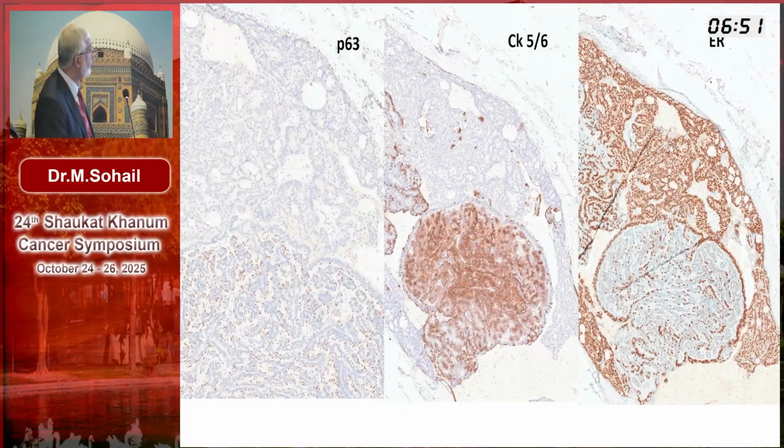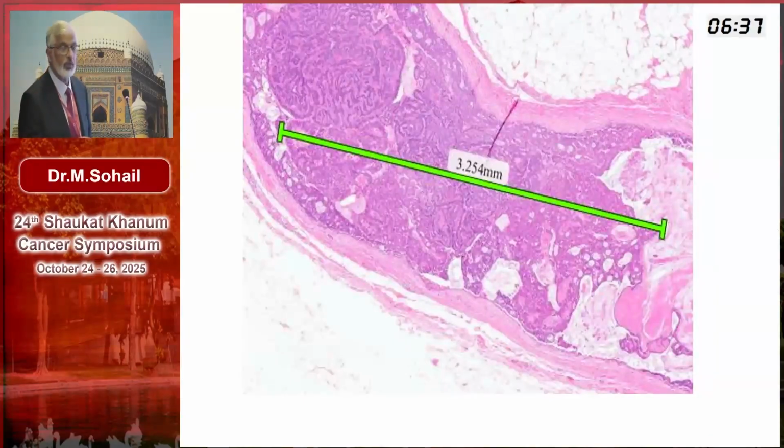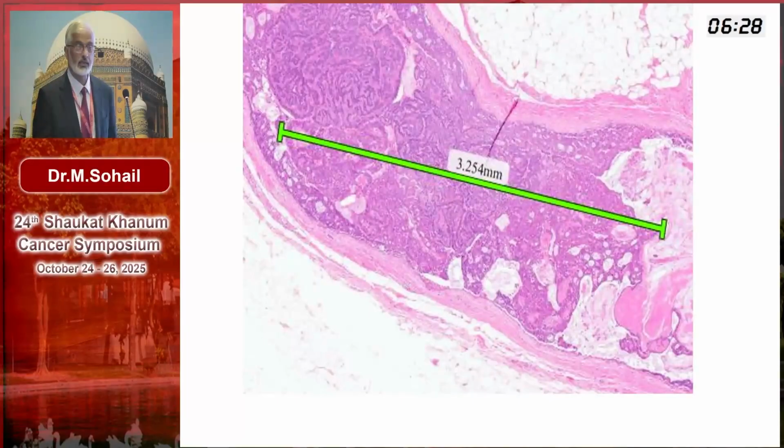So these are atypical cells. Yeah? And over here, you can see among these, there are no myoepithelial cells at all. So it's a uniform population of luminal cells itself. And here, within the papilloma, you will see an intact myoepithelial cell layer. So the next step is to measure the extent of this atypical ductal epithelial proliferation. And if it is more than 3 millimeter, yeah, then it becomes DCIS. You know, the normal criterion elsewhere outside the papillary lesion is 2 millimeter. But within the papillary region, to call it DCIS, it should be 3 millimeter or more.